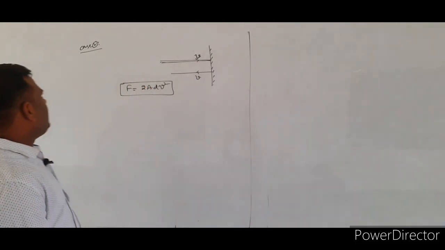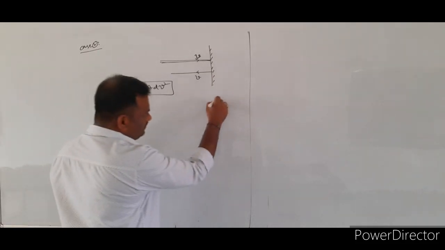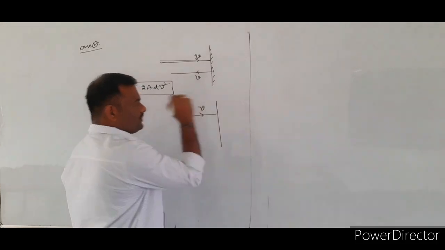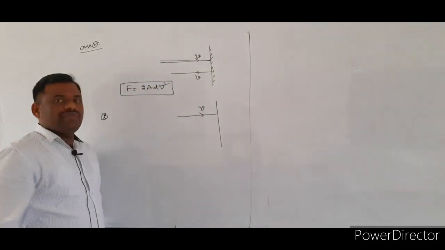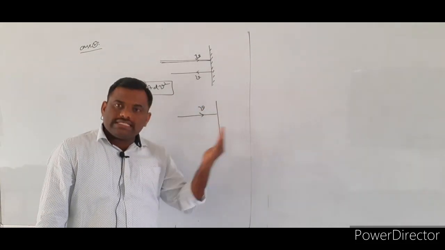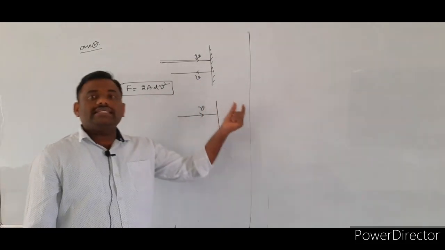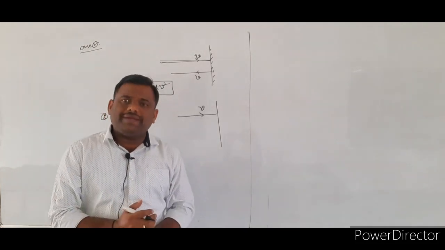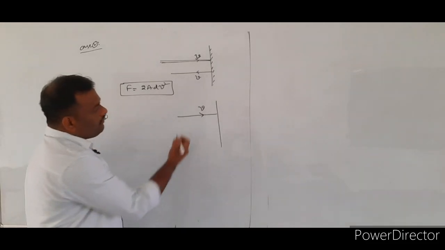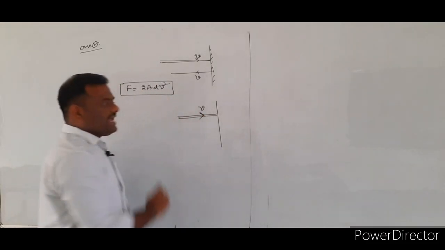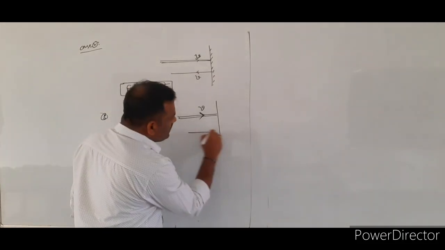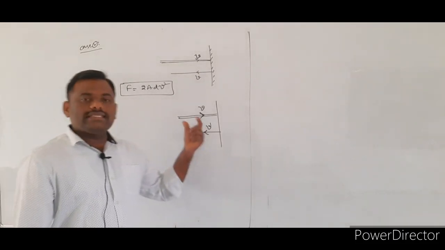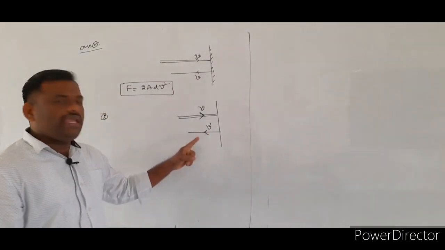Now, in case 3, whenever the water jet strikes the wall with a speed V, in the previous case we said the water jet bounces back in the opposite direction with the same speed. It is not necessary that the water jet always comes back with the same speed. So here I am assuming that while striking the wall it strikes with a speed of V, and while it rebounds from the surface of the wall, the speed of the water jet is taken as another velocity, called V dash.